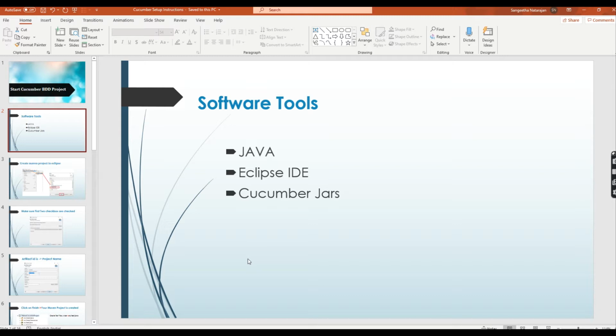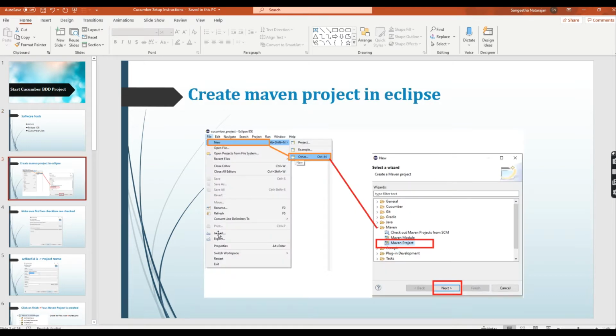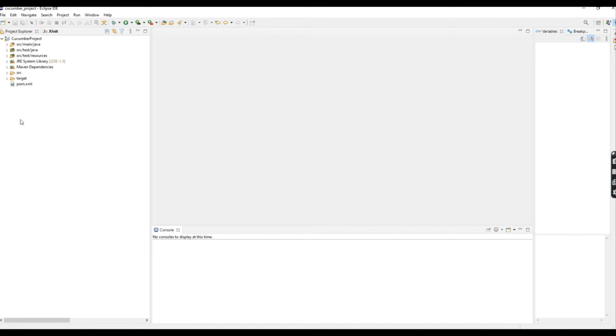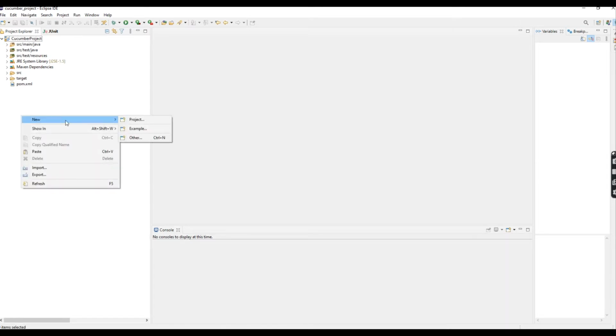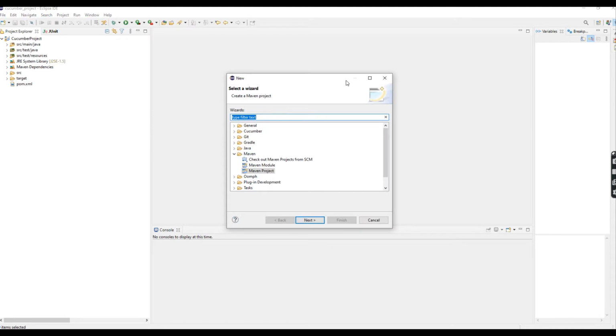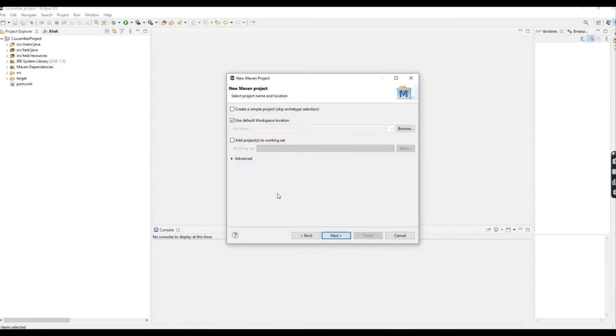The first step we have to follow is to create the Maven project in your Eclipse. Go to your Eclipse, right click, and you can see the New option. Come to Other, and there you get a pop-up where you can select Maven project. Sometimes the Maven folder appears down, so you can scroll down or scroll up, and then the Maven folder will appear. Click on the Maven project available under the Maven folder. Click on Next. Then click on the checkbox for Create a simple project. It is mandatory. After that, click on Next.